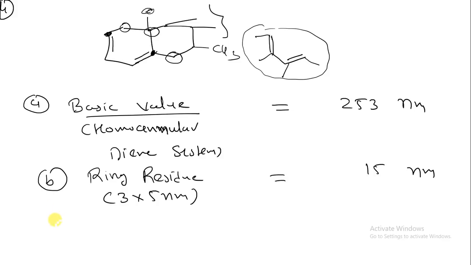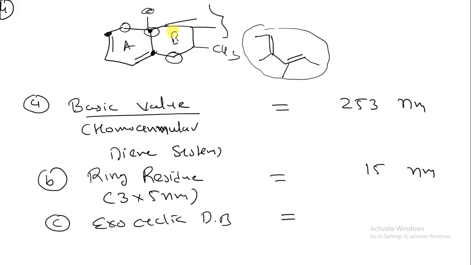Next, there is an exocyclic double bond present on the ring or not. So I have to write down exocyclic double bond. I have to consider the two rings. First of all, this is ring A, and second, this is ring B. Suppose I consider this as ring A. I have to close this ring A, and I have to see whether there is a double bond present over here or over here. There is no double bond over here, and there is no double bond over here. So I have to write down that there is no exocyclic double bond for ring A.